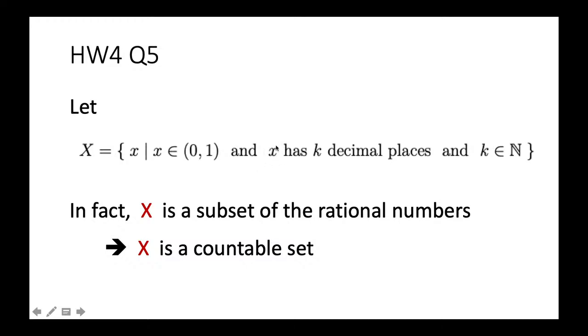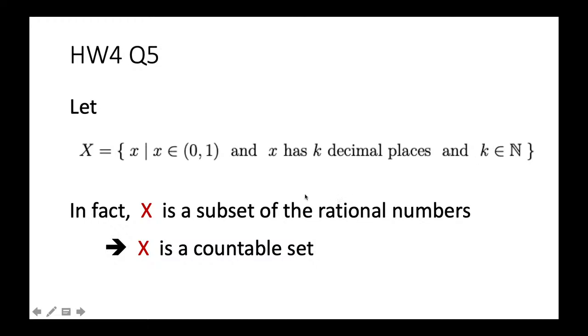And for each of these numbers, the number of decimal places that it can have is equal to k, where k is a certain natural number. So we have all the numbers from 0.1, 0.2 up to 0.99, and also 0.11, 0.12, 0.13 up to 0.99, and so on. So we can have all the numbers having exactly k decimal places, where k is